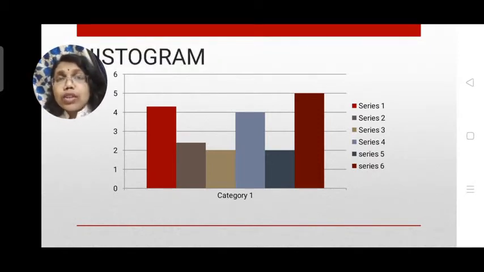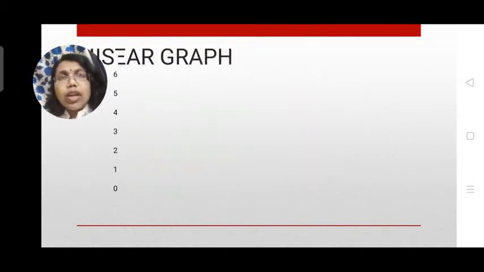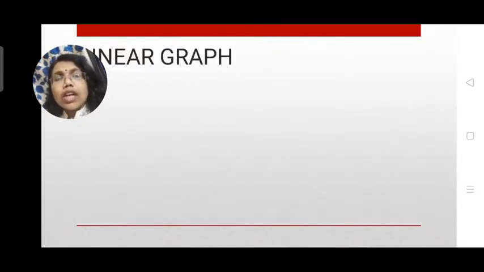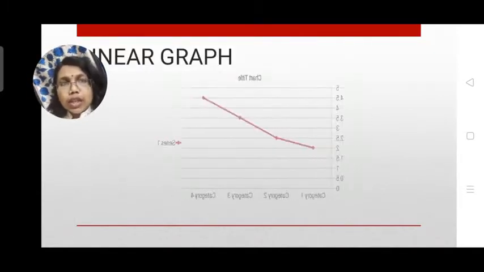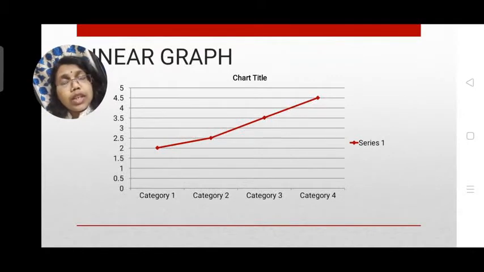Next, what we are going to study in this chapter is called a linear graph. This is how a general linear graph looks, wherein we see the quantities measured as points and there's a connection between the points wherein we could see a certain line being formed. Different lines show us upward trend and downward trend. Upward trend shows growth and downward trend shows decline.